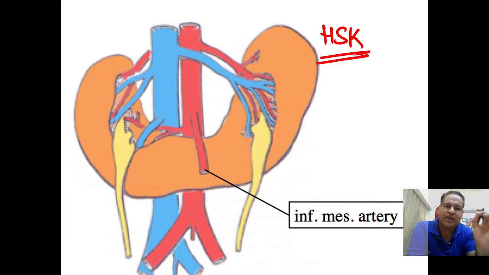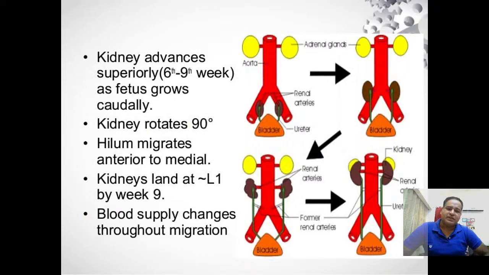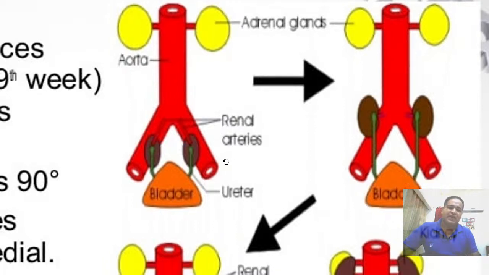Like all the important organs of the body, let's speak about the thyroid. In adults, we have it in the neck, but it forms in the tongue, at the foramen cecum, then it descends down. Testes form in the abdomen and descend down into the scrotum. Similarly, kidneys form around the groin area and then they ascend up. You can see on your screen how they ascend up.